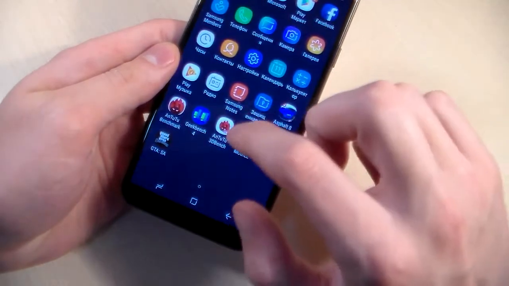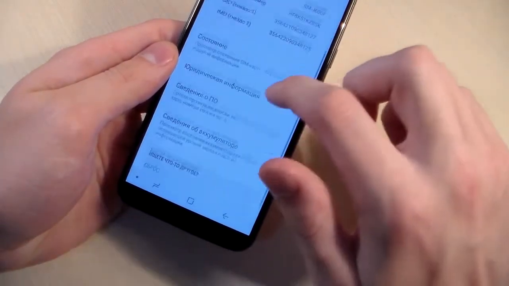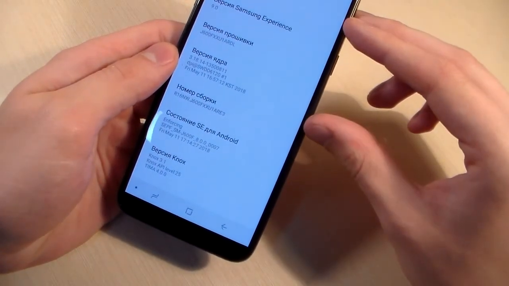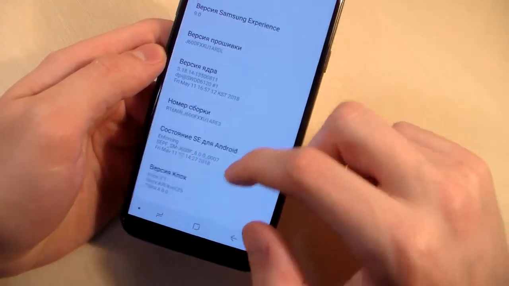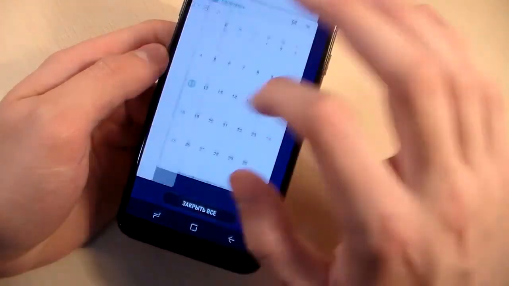Okay, turn on device, open settings, look Android version. Okay, Android 8.0.0, Samsung Experience 9.0 and version Knox 3.1. Okay, close